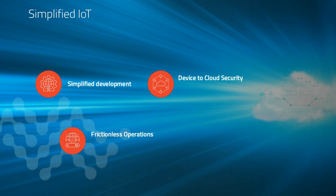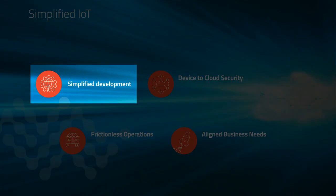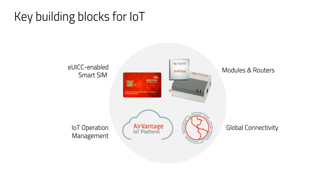So if we start looking at the development side of an IoT project, what we have tried to do is to make our customers' lives easier by developing a global connectivity out-of-the-box solution. By that, I mean something that will make it easier for customers to start addressing a new opportunity. And the reason is, if we look at what a customer needs from a technical perspective